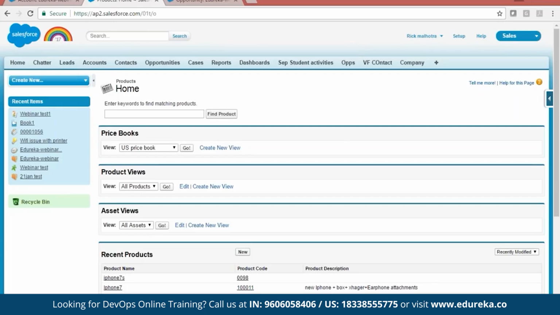If I go to Amazon, Amazon.com is there, Amazon.in is there, Amazon.uk is there. So the same product is available to purchase in US currency, the same product is in India, the same product is in UK, the same product is in Europe. I don't have to create different products. One product can be sold in different currencies.